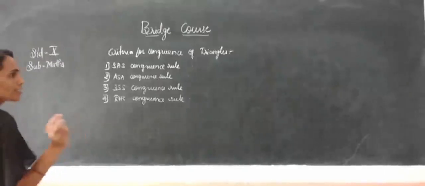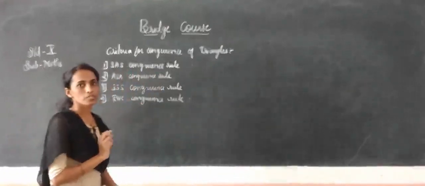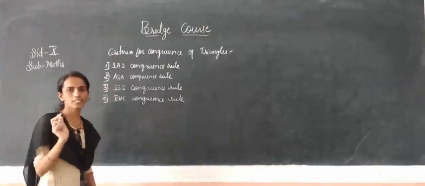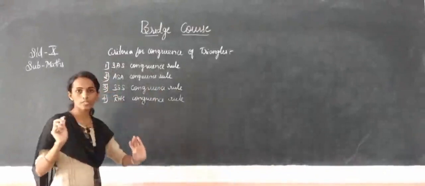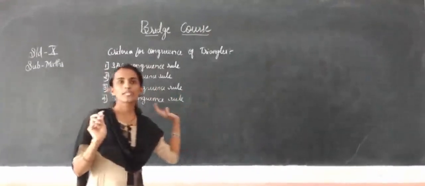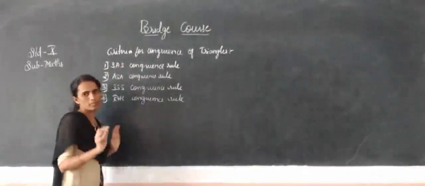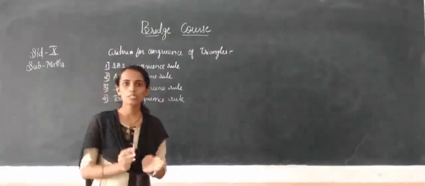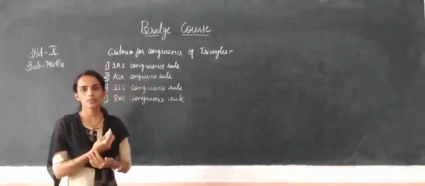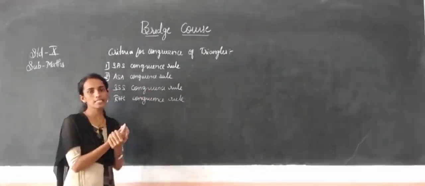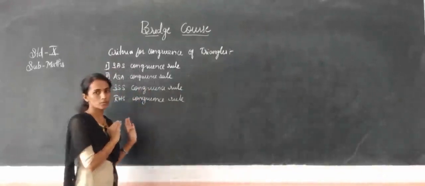So here are some criteria for triangles. Already in the 9th standard you studied the criteria of triangles. Which are those? The SAS congruency rule, ASA congruency rule, SSS congruency rule and RHS congruency rule. These congruency rules are very important because in the 10th standard, in the triangles topic, we will study the similarity of triangles. At that time we will need this basic knowledge, and these congruency rules will be used there.